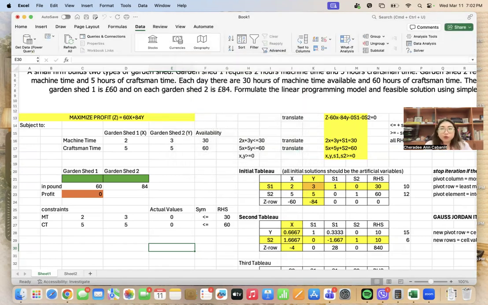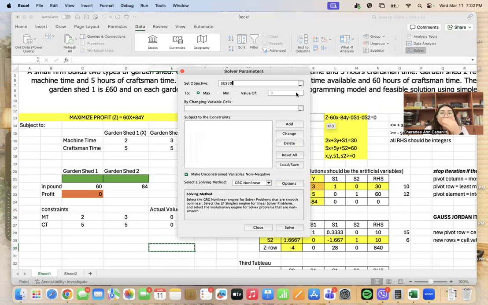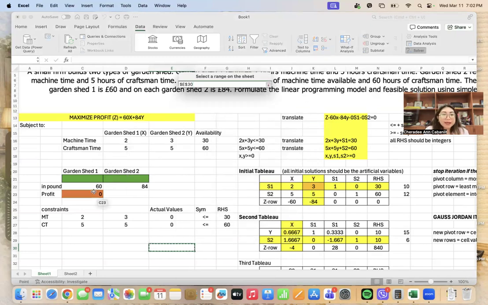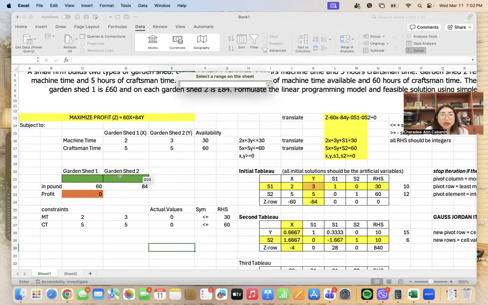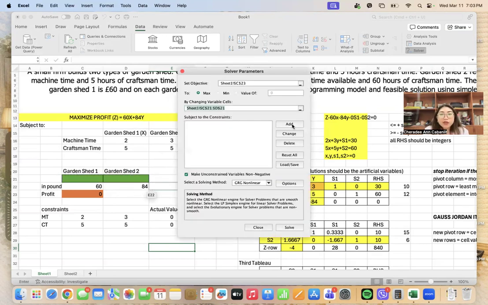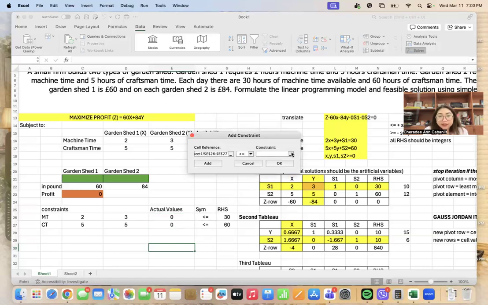But for Windows, you will have to go to File, and then you go to Excel Solver add-in. So in this case, you already have Solver add-in. So your objective is to maximize profit, which we already computed a while ago. So the one in orange. Maximize profit. So you click the maximize. My changing variables are the ones in green, because that will be depending on the values that will be shown by solver. And then of course your constraints, since they have the same symbol, you can just copy two. Symbol is already correct. And then highlight also the right hand side.